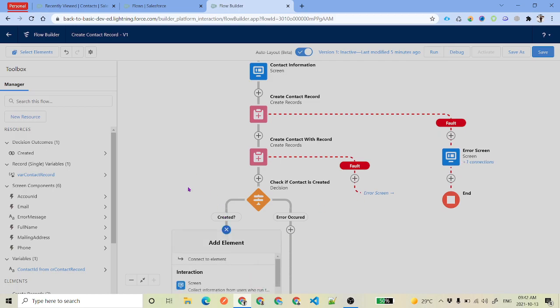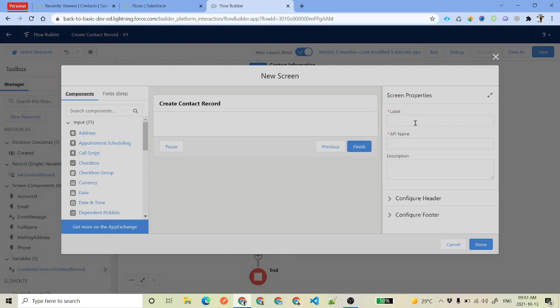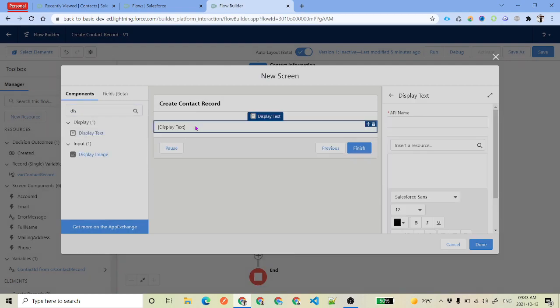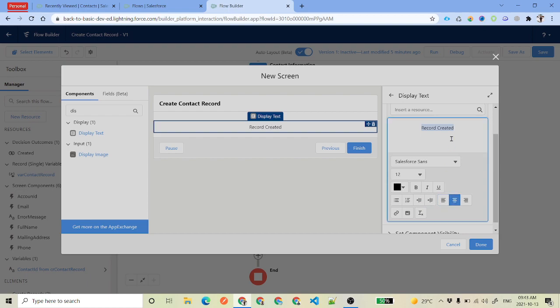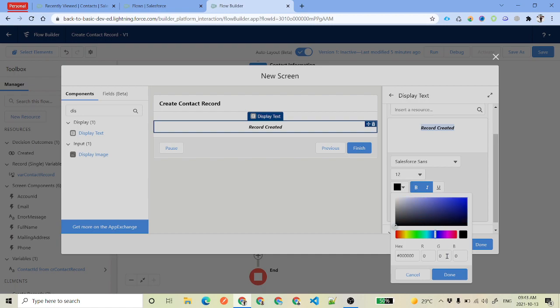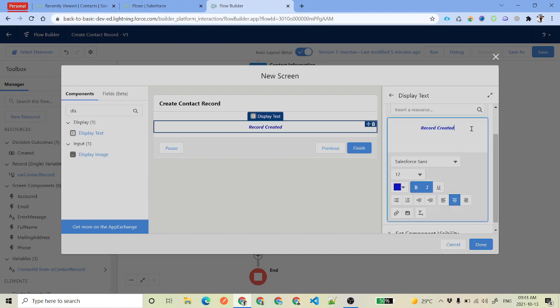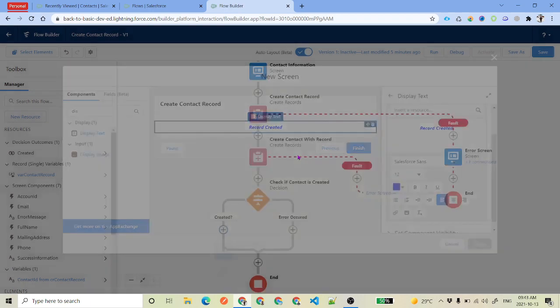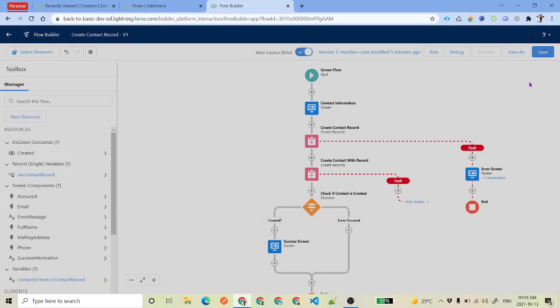Okay, so just go ahead and click on screen element, and we will call it success screen. Under that screen we will add a success information, and we will say record created. That's it. This is just a very simple text that we are putting over here. If you want to change some colors or something, you can just go ahead, make the changes to the color and just click on done. So this is basically our complete flow that we have got. We have talked about create record in two different ways, because you can use any of these. You might be using this one in some use cases, and you might be using this one in other use cases.